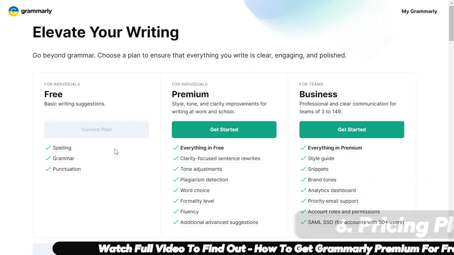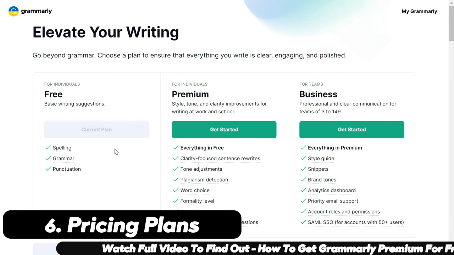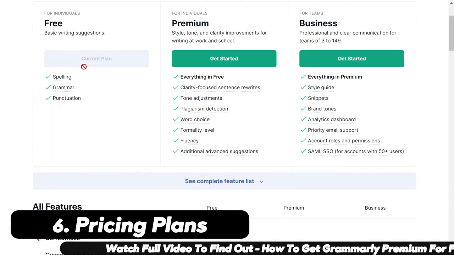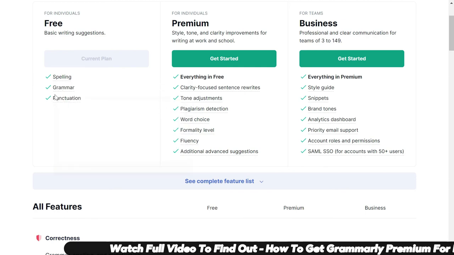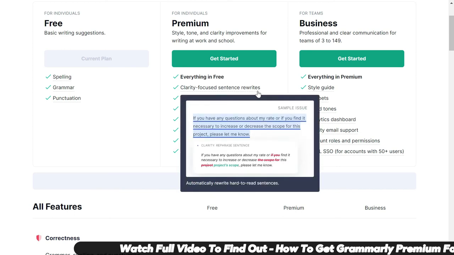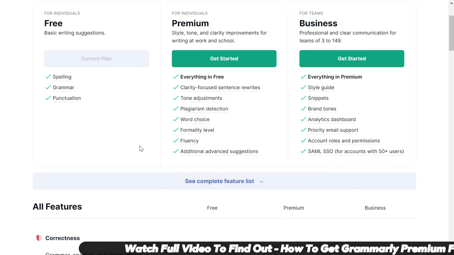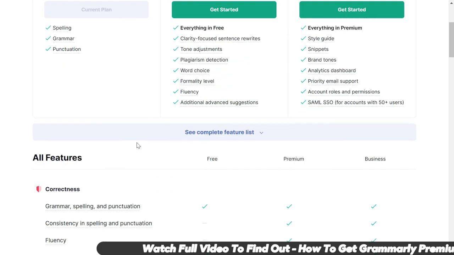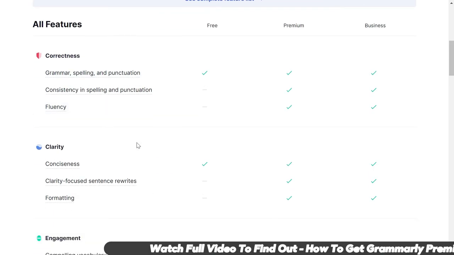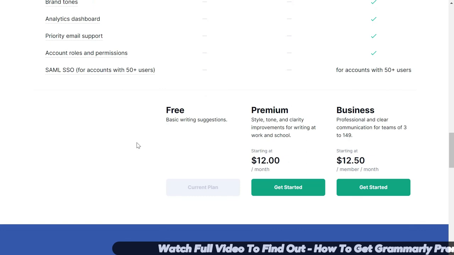The Grammarly also has a paid version that is called premium, and within that, apart from whatever you are getting within the free version, that is the spelling, grammar, and punctuation corrections, you would also get clarity focused sentence rewrites, tone adjustment, plagiarism detection, word choices, formality level, fluency. Additional suggestions also would be there. And as far as the pricing is concerned, the premium version is $12 a month, and if you buy their yearly plan, it will come out to be around